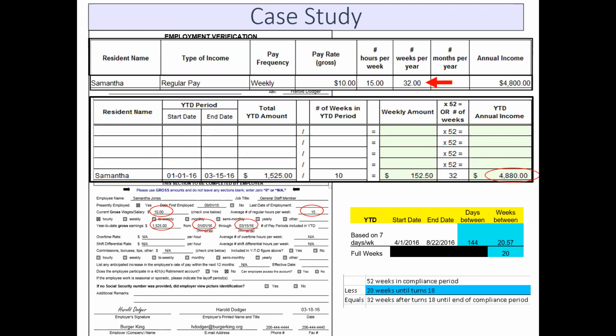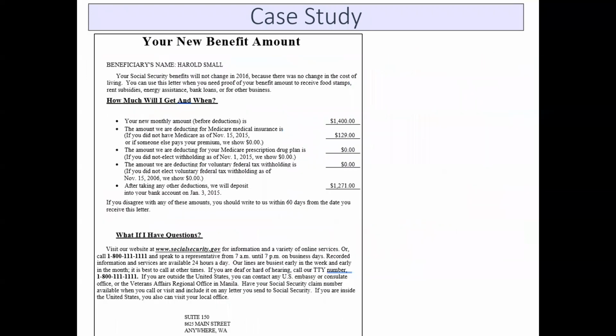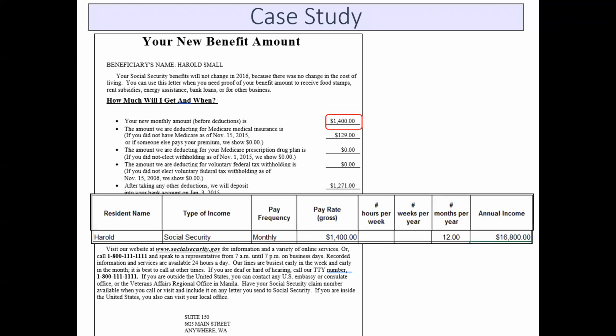Okay, so we're going to move from Samantha on to Harold, and Harold had Social Security. And when we use Social Security, we're always going to count the gross amount, even though there is a lot of times an amount taken out for Medicare, there can be an amount taken out for taxes, there can be an amount taken out for child support, but we always want to count the gross amount. So that's going to be $1,400 in this case. And on our HEC, that is going to look like this, right? Social Security monthly, $1,400 times 12 months is